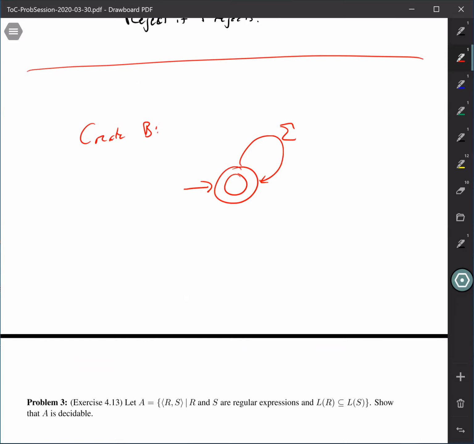This is a simple DFA, one state, and the transition function has that one state always going back to itself no matter what symbol from the alphabet is seen. And this accepts every possible input, right? So we can easily create a DFA that accepts every possible input and then ask